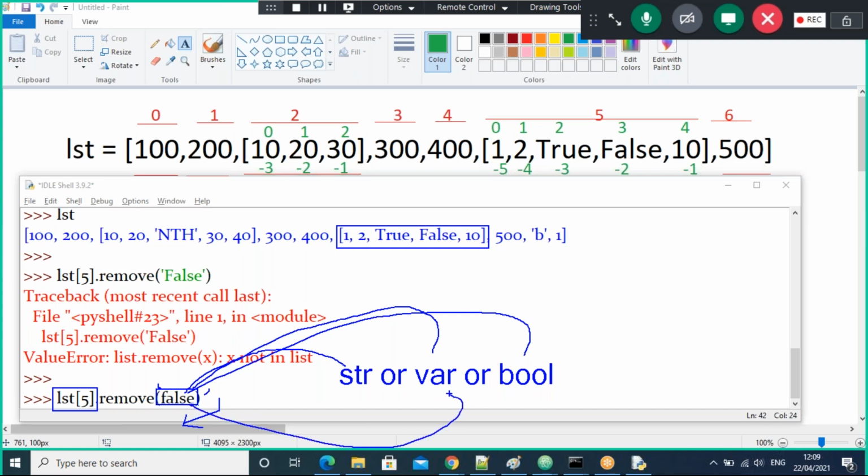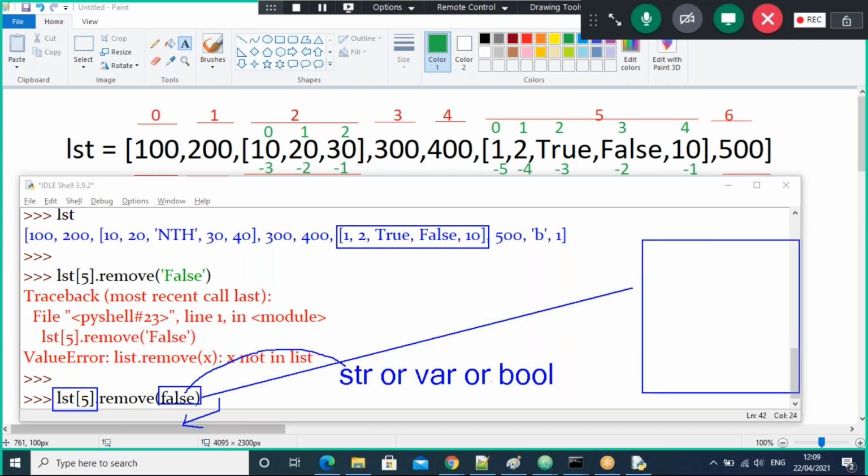Now, what does it do immediately? Observe now. Immediately it goes to the memory, guys. First of all, it goes to memory and checks where the false variable is. In the memory, we can have a lot of objects, a lot of variables, a lot of classes. So a lot of things will be there, right? Now check the names of each variable. So is false there or not, guys?